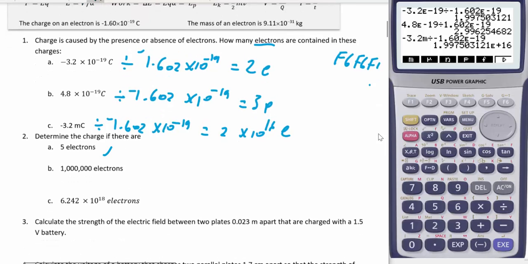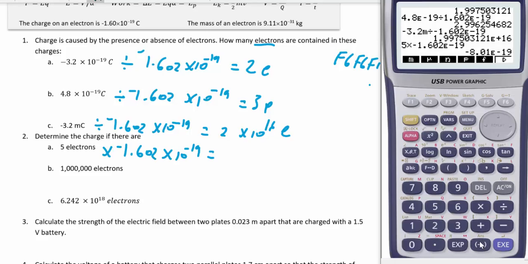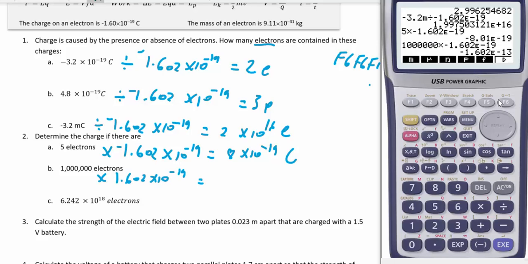So if there's 5 electrons, then we're going to multiply by the charge on a single electron, and we'll type that into our calculator, and we get a charge of 8 times 10 to the minus 19 coulombs, capital C. And the same for B and C, we times it by 1,000, a million, and so that gives us